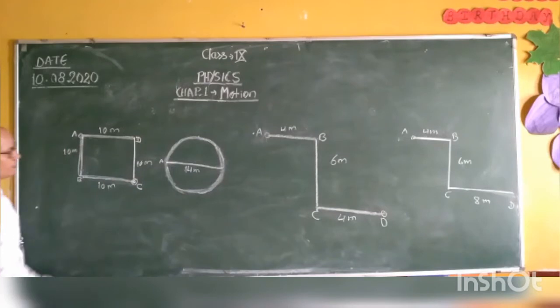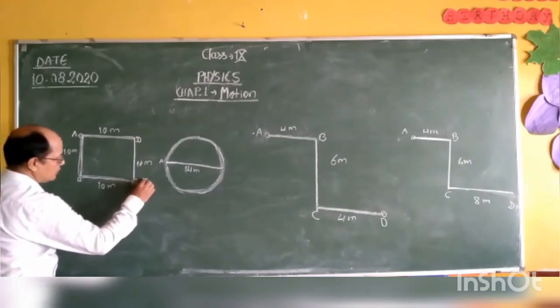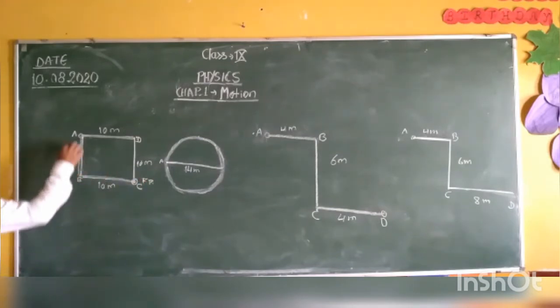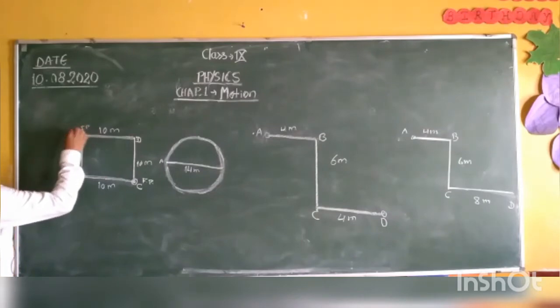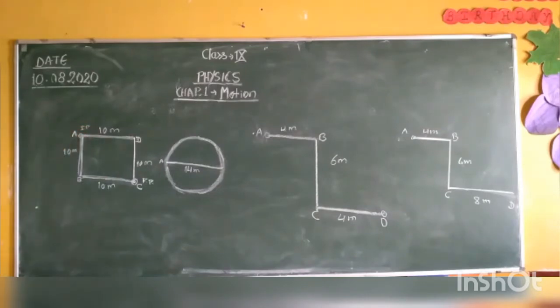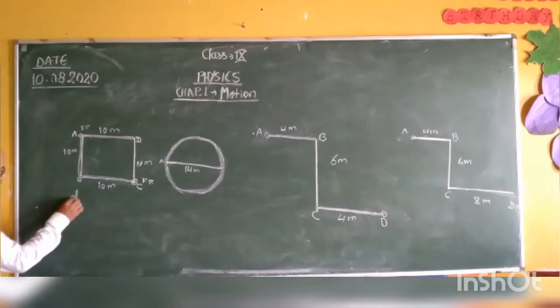This one is my final position and this one is my initial position. Then we have to find what will be the distance and what will be the displacement covered by me. Now in the case of distance